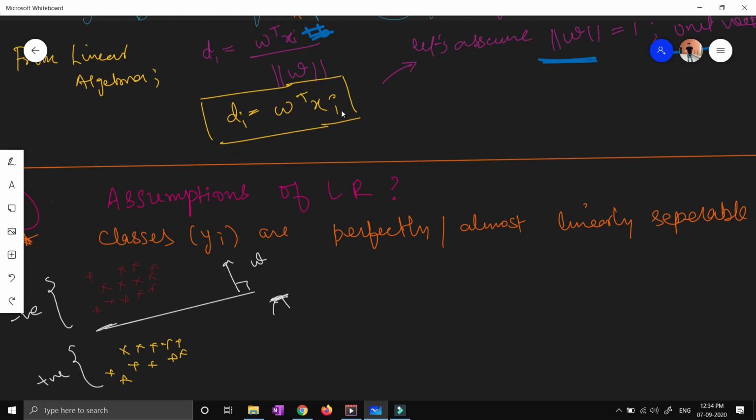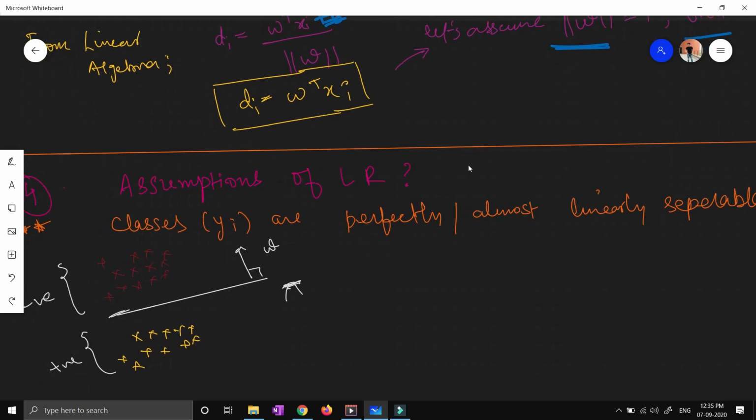We can very well prove this. As of now I'm not proving this particular linear algebra part, but you should know that it is coming from linear algebra. This is the reason our mentors used to say that linear algebra is very important, because if you don't know where this equation is coming from, you will end up with confusion in all the machine learning algorithms.